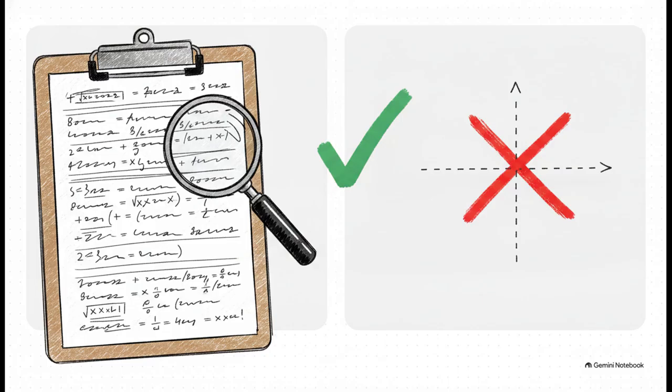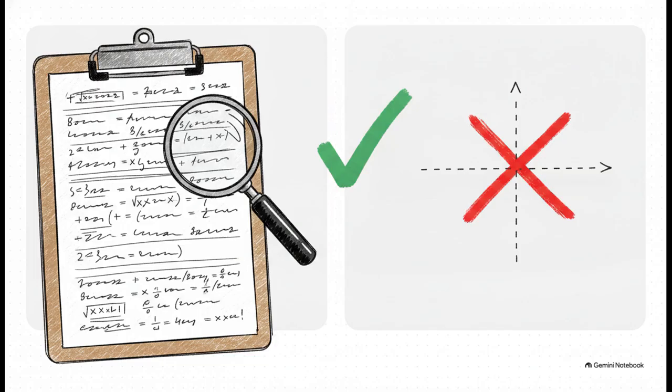But hey, remember those 10 communication marks we talked about earlier? The teacher isn't just going to take our word for it based on a drawing. You usually have to verify this symmetry algebraically, without graphing anything. For an even function with line symmetry, you have to prove that f of x equals f of negative x. So you simply plug negative x into the equation, and if you get the exact original function back, boom, it's